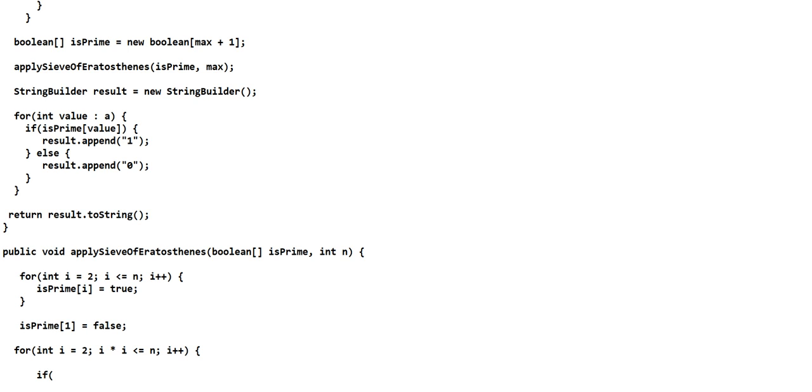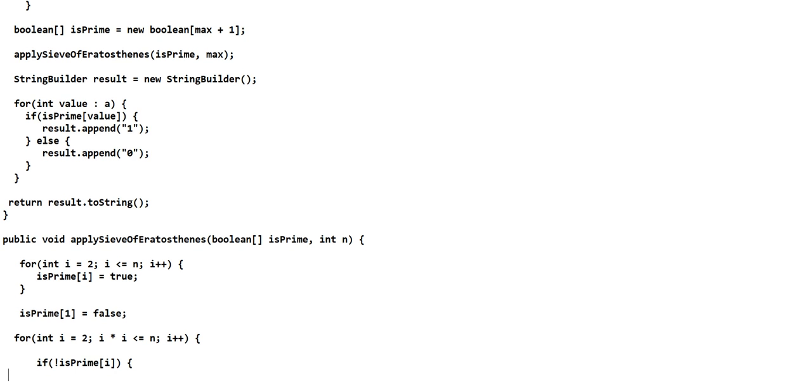But we'll do that only if i is prime, okay? So if this i is not prime, then we don't need to mark all the multiples of i, because i is not prime, so all its multiples are already marked by some smaller number. So if i is not prime, then we just need to skip this loop. We need to move on to the next i,